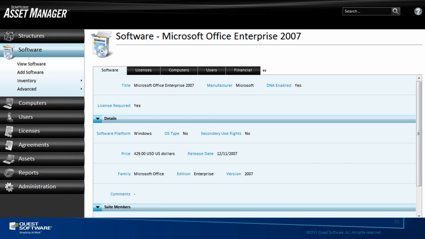So here's another view from Asset Manager 9 that's coming out. More detailed view about a specific suite of software, Microsoft Enterprise 2007. Our DNA database pulls in a lot of this information based on what we know about the software. We can bring in the standard prices for the licenses. Your company may negotiate different prices, but let's say we have a standard price of $429 per license for Office